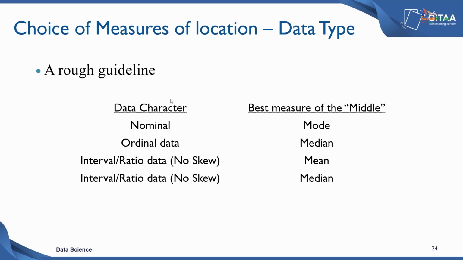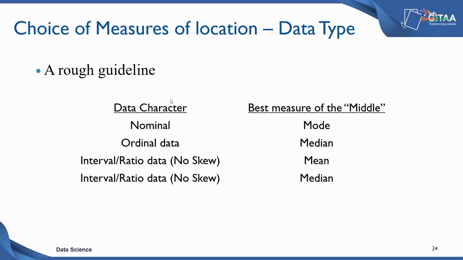For interval and ratio data, if there is no visible skew, and by skew I mean, in the case we discussed, the price, where we had two extreme, very high values, and if no such skew exists within the data, the mean or average is the best measure